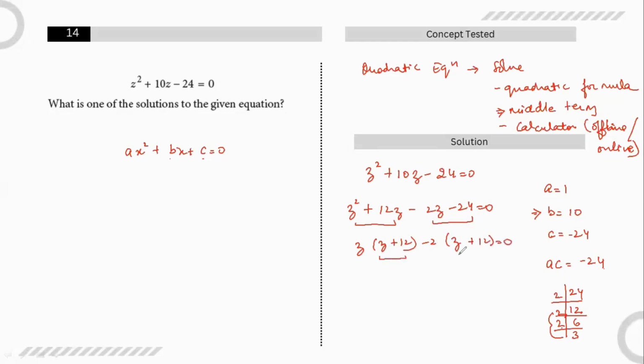Now z plus 12 can be taken common, and what is left is z minus 2 is equal to 0. That means z will be either equal to minus 12 or will be equal to 2. That's the answer. It says one of the solutions, so you can either write 2 or minus 12 as an answer. Both will be the correct ones. Now let's try solving the next